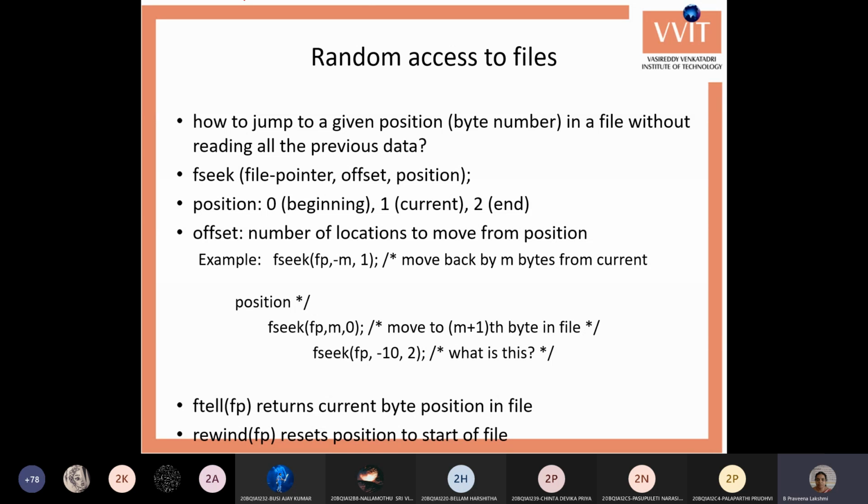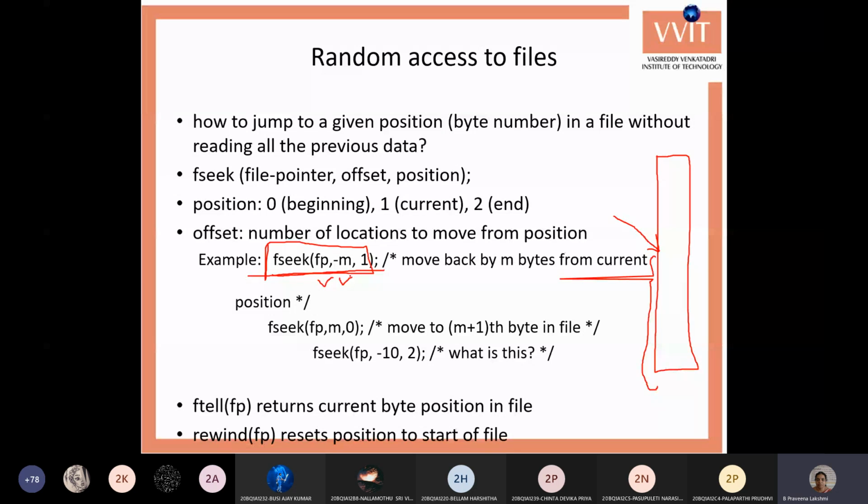Random access files, there is a function called fseek function. This is to move the file pointer from one place to another place. Okay, say for example, if your file is storing multiple data, multiple characters, if you want to directly go to the particular place and you want to read the data from this place, then you can use the fseek function. Fseek takes the file pointer and the number of bytes you want to move. And here the last one is the position of the file.